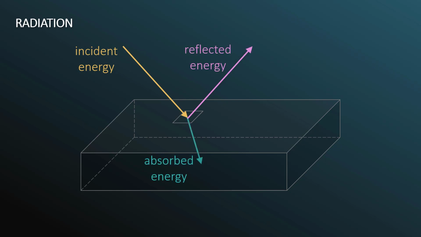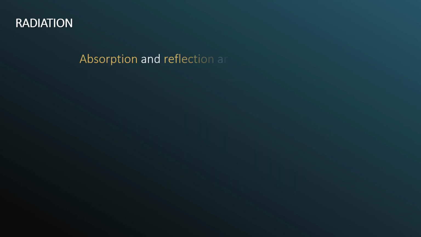The absorbed energy is taken by the material and then re-emitted, often at a different frequency than the incident radiation. Keeping this picture in mind, we see that absorption and reflection are opposite processes. Absorption is the material's act of taking energy into itself, whereas reflection is the material's act of shielding itself from taking energy. Most materials partly absorb and partly reflect. As you expect, a good absorber of radiant energy reflects very little energy.